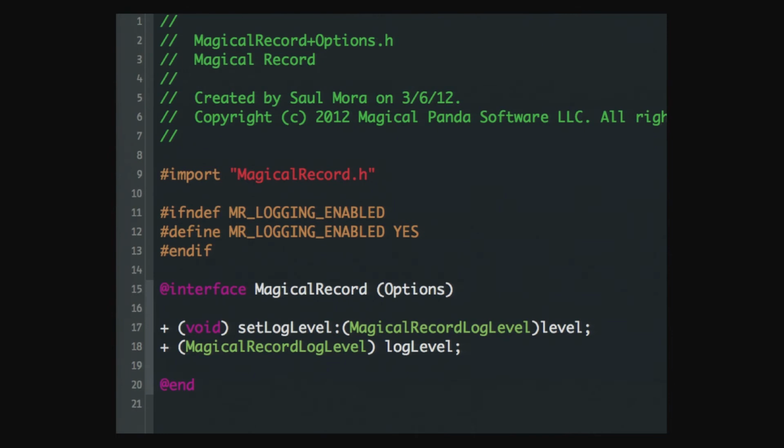And if you need to learn how to implement this for your own app, maybe, what I've done is actually taken the template that I use for Magical Record as far as logging and all the prefix stuff, and the logging header file that I use. I use that for my own apps now because it's very useful and flexible. All I do is change the prefix, so I'll do a global search and replace on the prefix. So this might be something you want to look into as a source. If you look at MagicalRecord logging.h, that will have all of the preprocessor definitions that will help you out there.